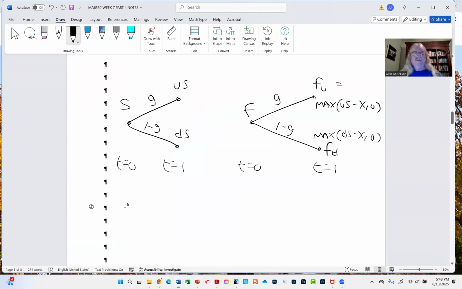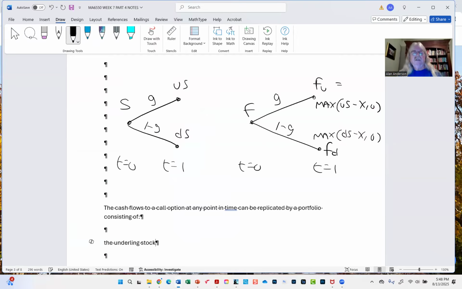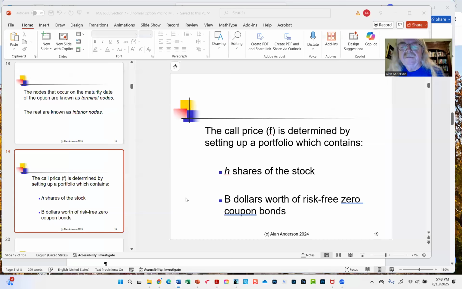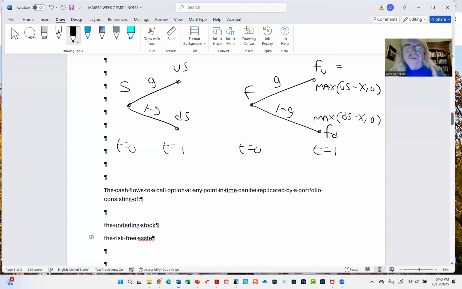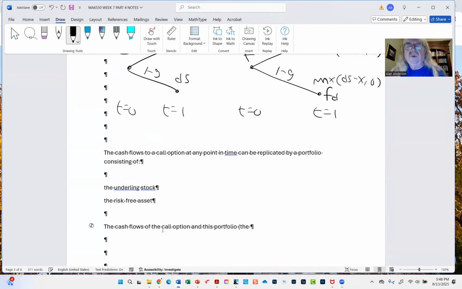The cash flows to a call option at any point in time can be replicated by a portfolio consisting of the underlying stock and the risk-free asset, meaning a treasury security of some kind. But the key to the whole thing, though, is that the cash flows of the call option and this portfolio, just forever now going to be known as the replicating portfolio,